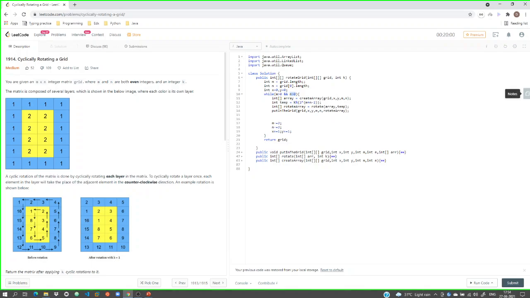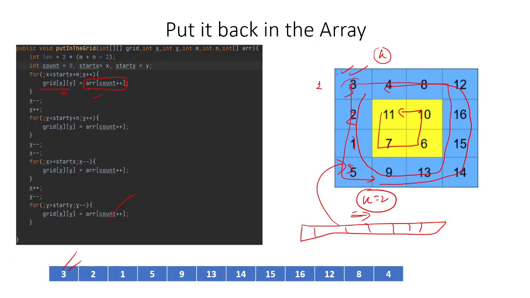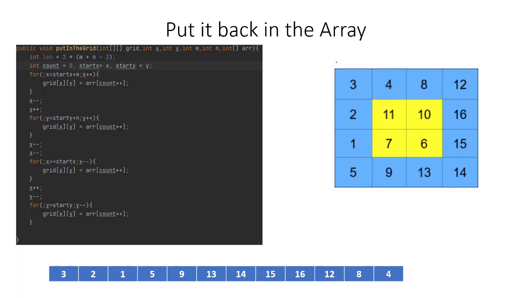So in the first loop, what we have done is I have created the array with this initial position, starting at 0, 0, moved along this outer layer, picked up that array, created that array. Then what this temp is doing is, let me show you in the example. Suppose you have an array. Let me clear the screen first. If you have an array of length 3,